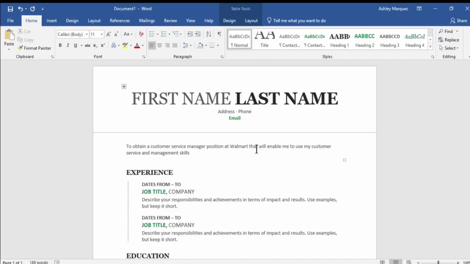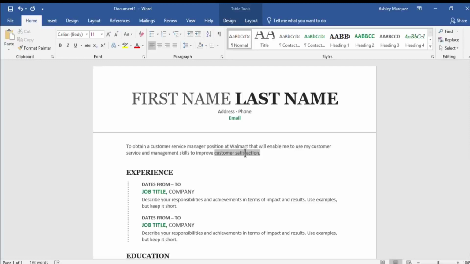and versus writing what they will do for you. And then I usually like to add at the end the overall goal to improve customer satisfaction. So the overall goal of the company is to improve customer satisfaction, to keep them coming back to the store. And so you can look through the company's website and see what their overall goal is so that you can show them that you will be contributing to their overall goals, so to improve customer